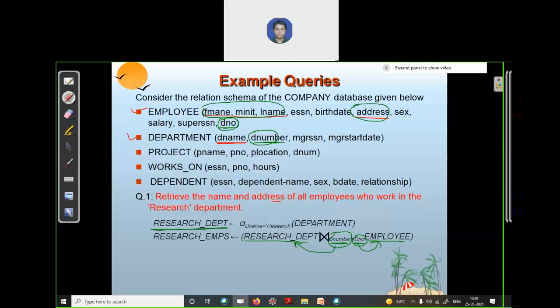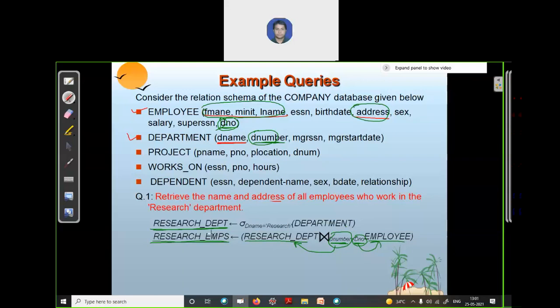So okay, here you can change the capital D, so it will follow your syntax. In this way we have combined these two relations by this theta join, or you can call it equi join, and pass this condition equals to. This joining will return you the research employee detail.